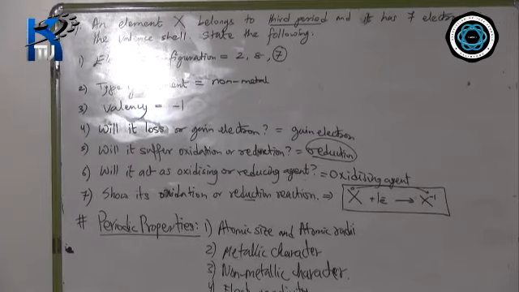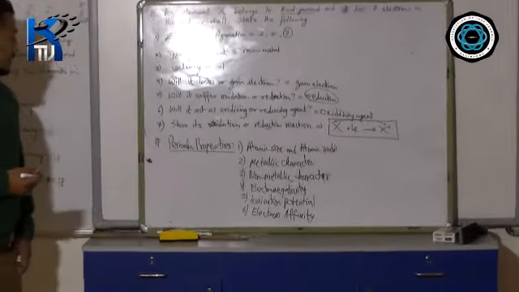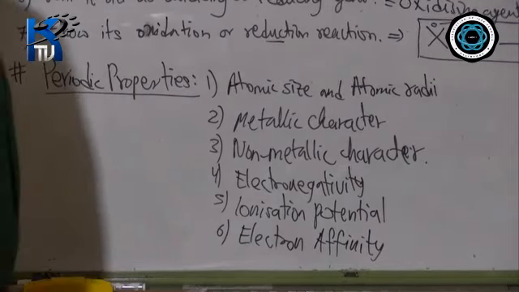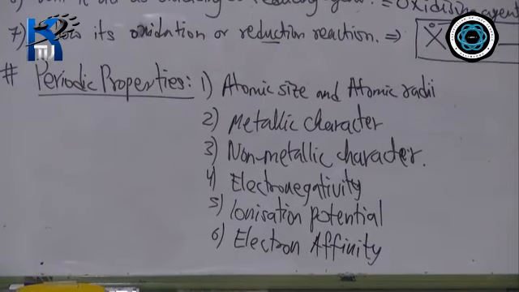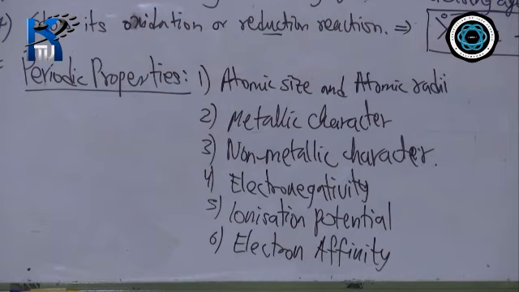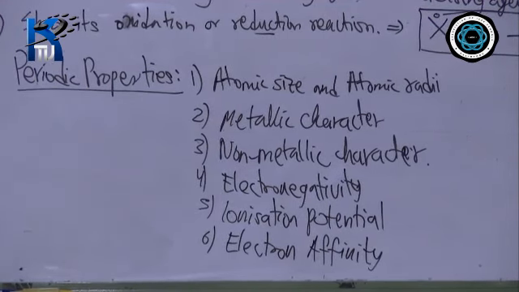Okay. Now, we will see the periodic properties, in which 1, 2 I have already explained you before in hand. Okay, these are the 6 property which is in your syllabus. Actually, there are many other properties, but it is in the syllabus of class 11 science. For the time being, in class 10 syllabus, you have to learn about the 6 property. Okay, atomic size or an atomic radii. Singular we call radius, in plural we call radii, so we put double I there. Metallic character, non-metallic character, electronegativity, ionization potential, and the last one is your electron affinity. Okay, so these are the 6 property you need to learn about.